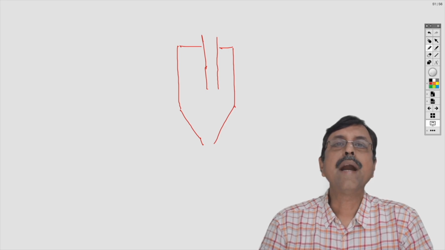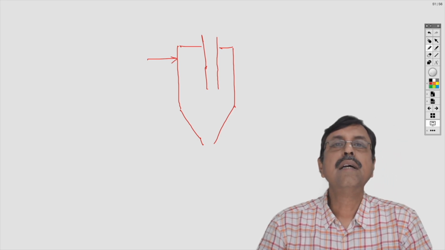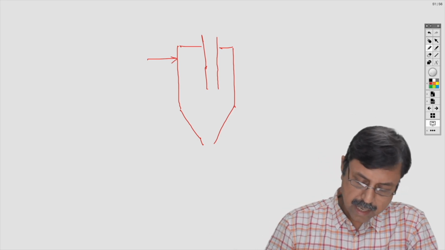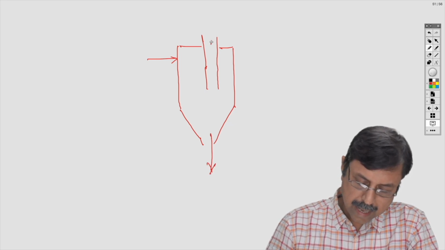It has one inlet stream somewhere at the upper part of the cylindrical section and two exits, one at the bottom and one at the